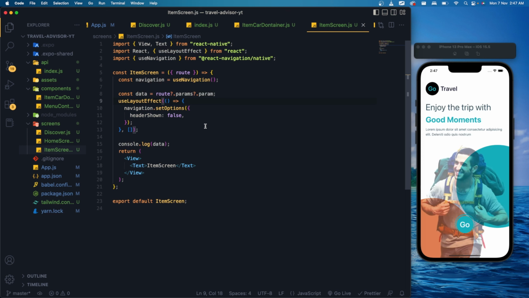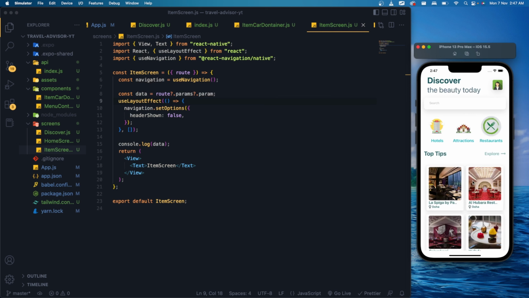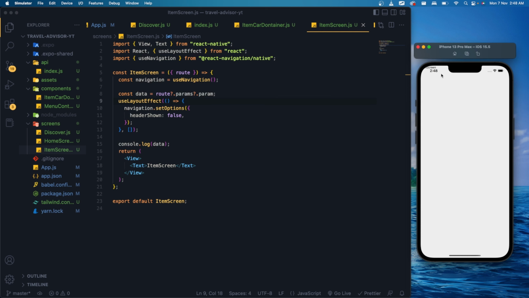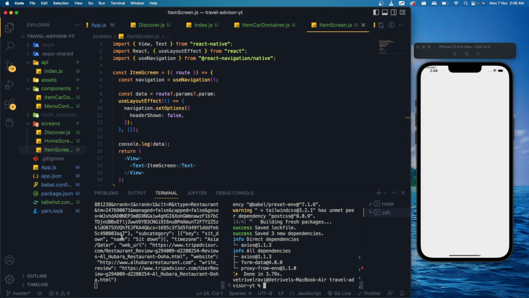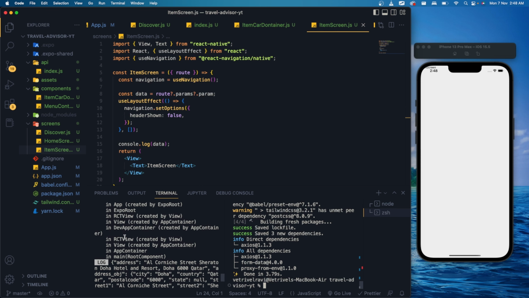Use layout method. Now let me click it, it's loading. Now it's bringing the data. It's loading, and it's bringing the data, all the data is here. When I click this, it's going and showing the item screen at the top. If I open my console.log, now you can see all the data which is related to that restaurant, it's been